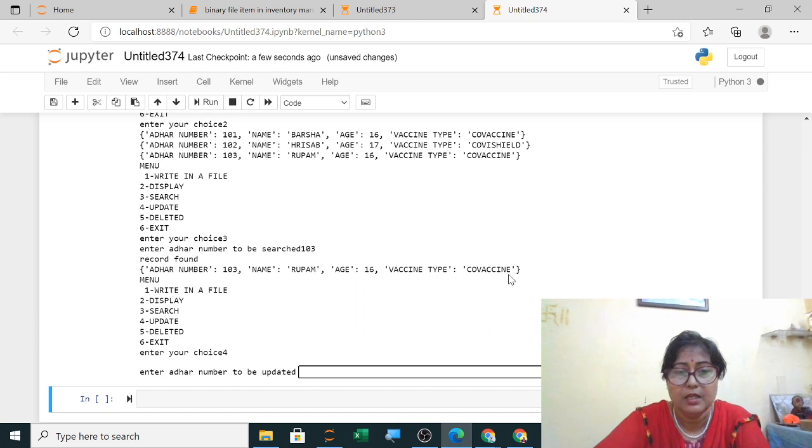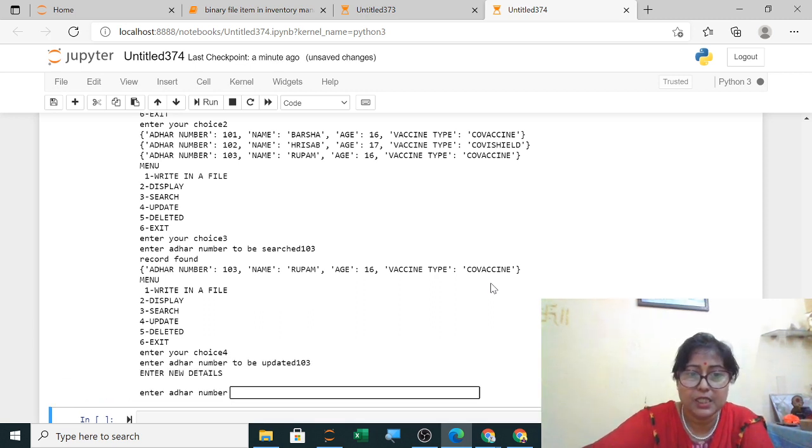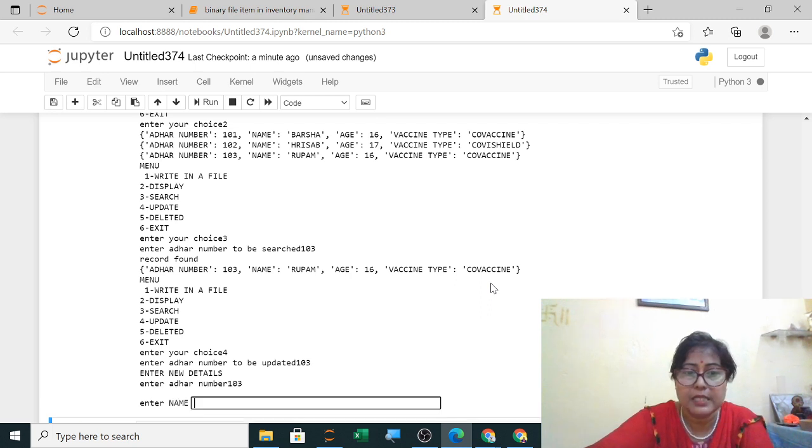Let us see. Now suppose this 103, it was not Covaxin, it was Covishield. So I'm entering here 103. I want to change Covaxin, like Rupam. Vaccine type was Covaxin. Now I want to change it. So I'm changing, enter the new details. I'm keeping this Aadhaar number same.